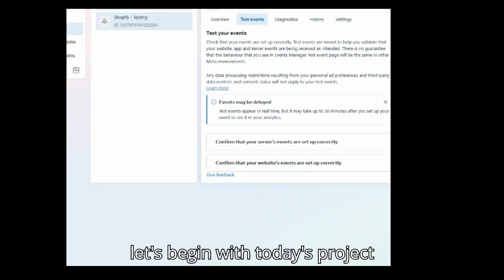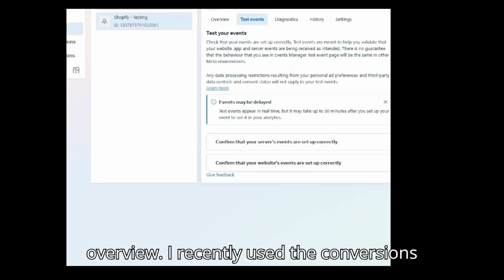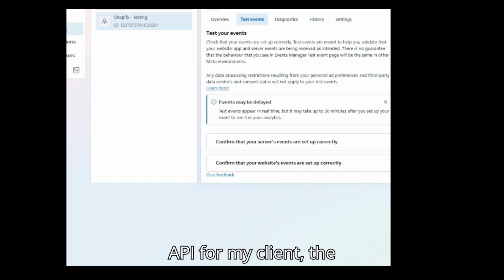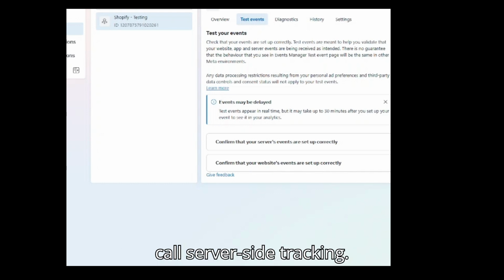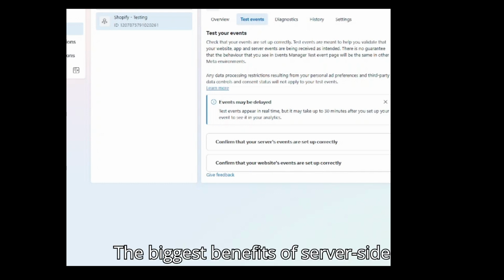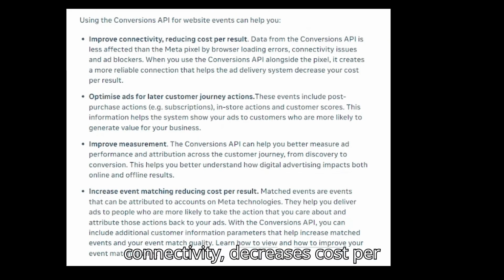So let's begin with today's project overview. I recently used the Conversions API for my client. The setup of the Conversions API, which we also call server-side tracking. The biggest benefits of server-side tracking are that it improves your connectivity, decreases cost per results, optimizes your ads